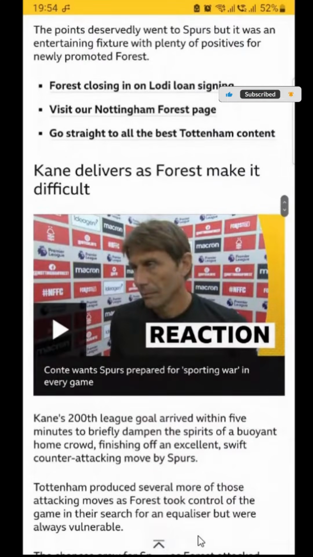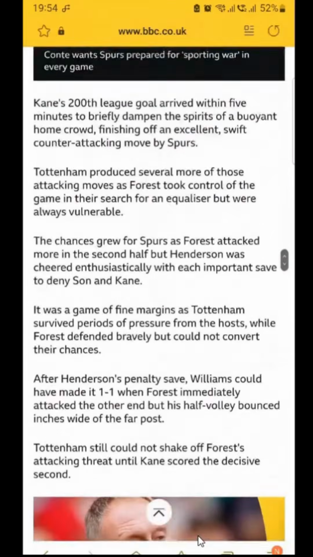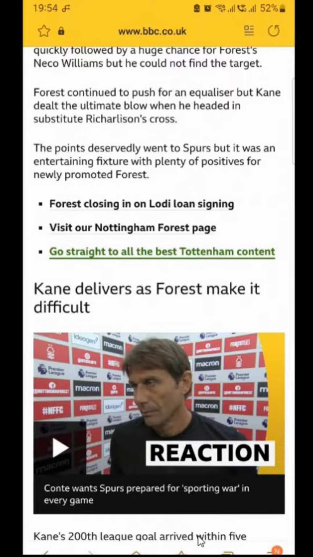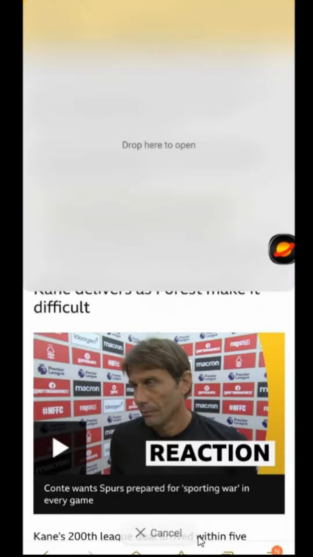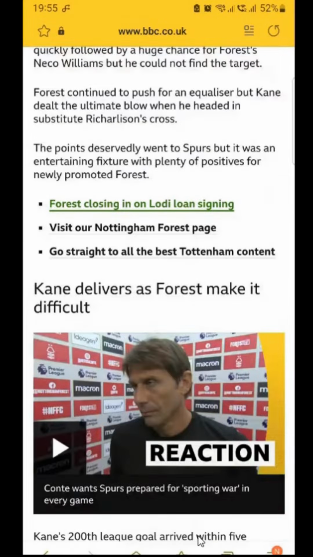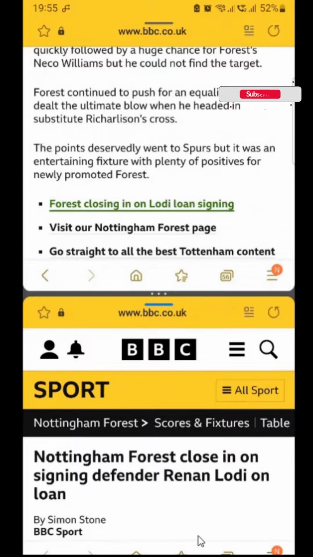Now, if there's a link and I want to view that link in split screen mode whilst I've still got this article opened up here, I'll hold down on my phone, hover over the link I want to open. It will open up this, scroll to the right side of the page, then go down to the bottom here like that and just let go of the screen, and it will open up the second link in split screen